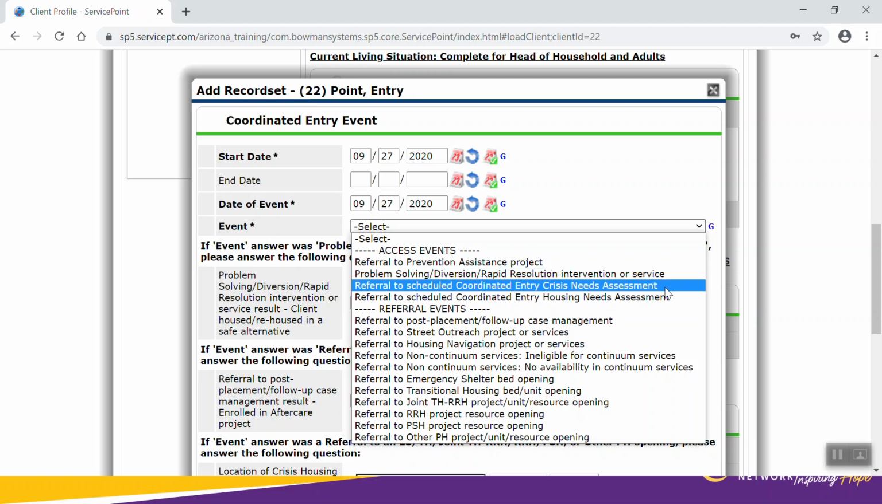We'll select a referral to the coordinated entry crisis needs assessment if the client is being assessed and it is determined they need some immediate assistance, whether it be medical, contact with police for domestic violence purposes, or a trauma hotline as well. Anything that cuts off the assessment because the client needs to be immediately referred to a crisis need, you'll select